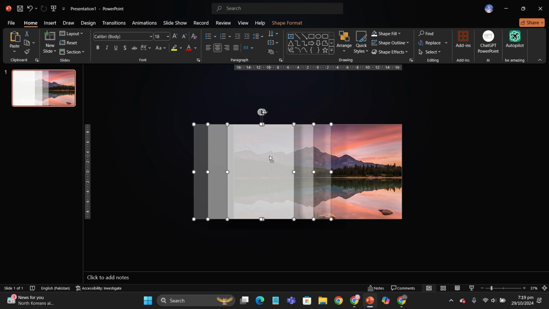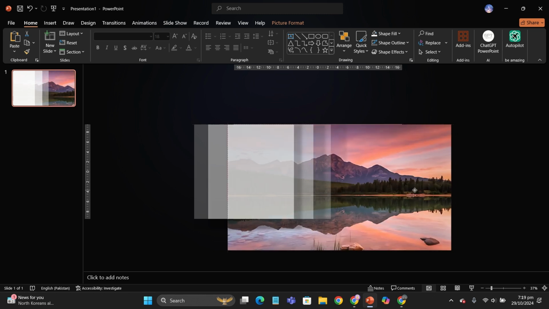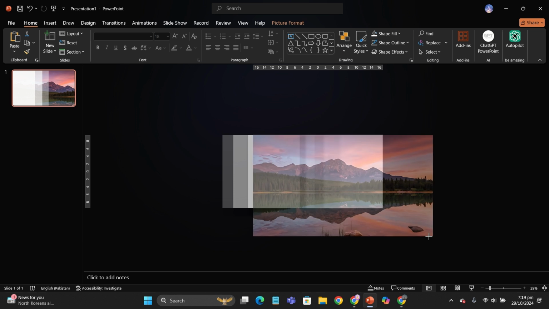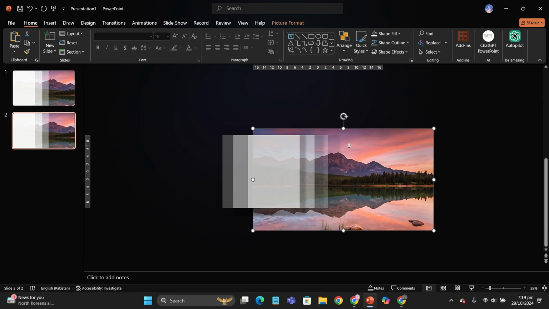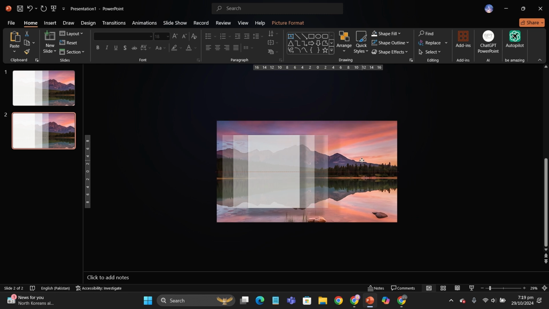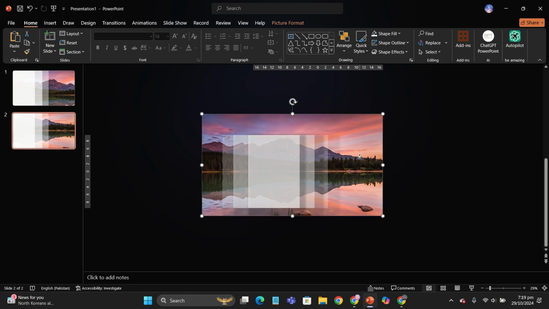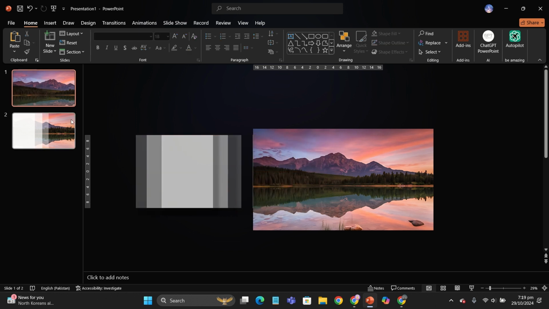Now the next thing you're gonna do is duplicate them and group them. Increase the picture size and put it onto the template by adjusting it. Something like this. Now what you're gonna do is duplicate this template and adjust this picture perfectly onto the second template so that the entire scenery is visible. Go to first template and move these shapes onto the left side out of the template,